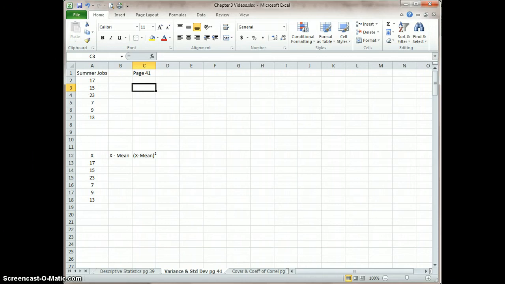We're back for chapter 3, and now we're on page 41, and we're going to see how we would calculate the variance and the standard deviation. So we have a sample here of 6 students who applied for summer jobs. And we're going to find the mean and the variance first, and then we'll go on and calculate the standard